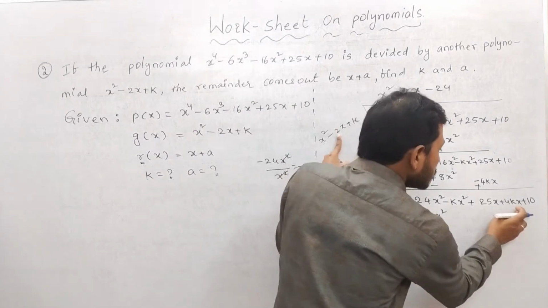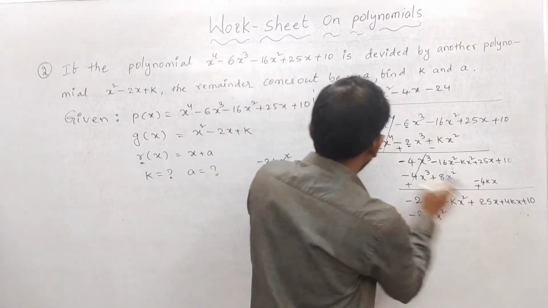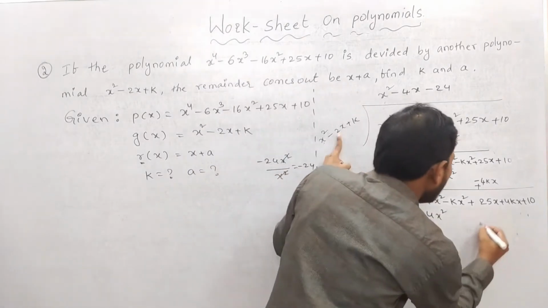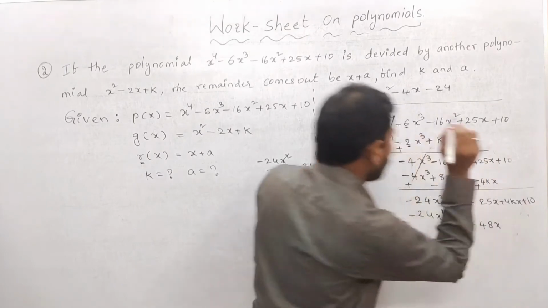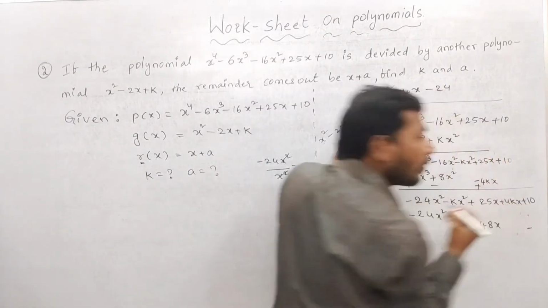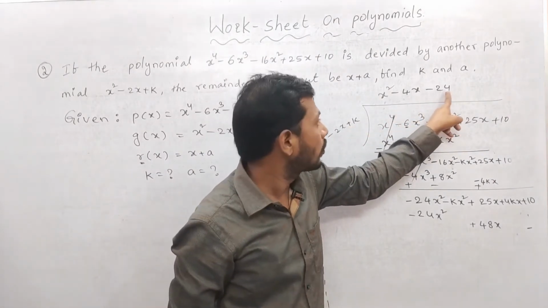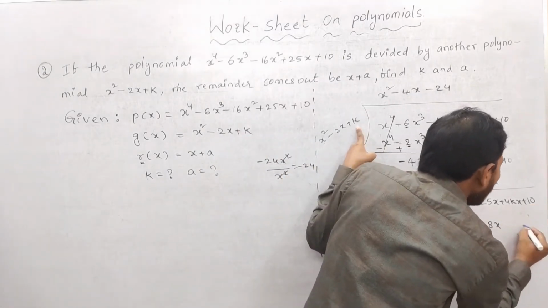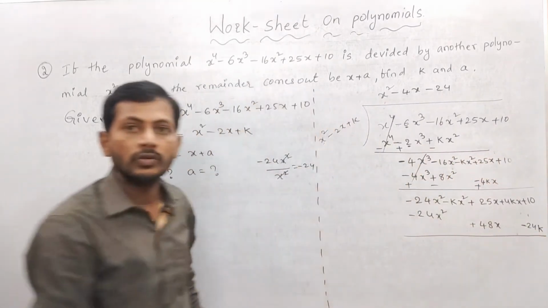Where do you have to write? Sir, here also an x term is there, here also an x term is there, but here k is there. I can't add or subtract. Here 25 plus 48 or 25 minus 48 I can do. That's why I am writing this 48 under the 25, means plus 48x. Very good. Next, plus into minus. Minus, where I have to write? This k is a constant, 24 is also a constant, so I am going to write 24 into k in the place of the constant. This is minus 24k. Very good. This also is completed.